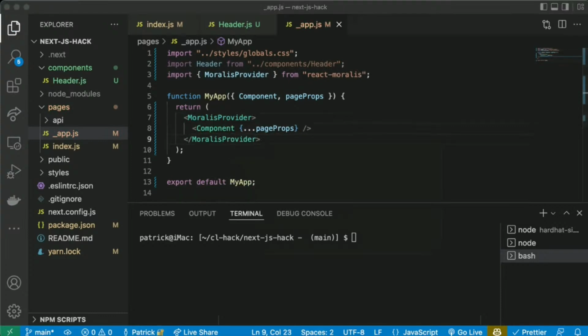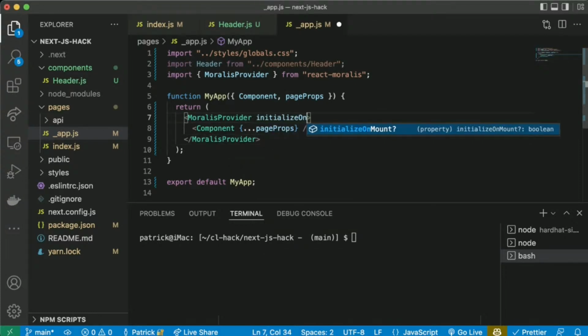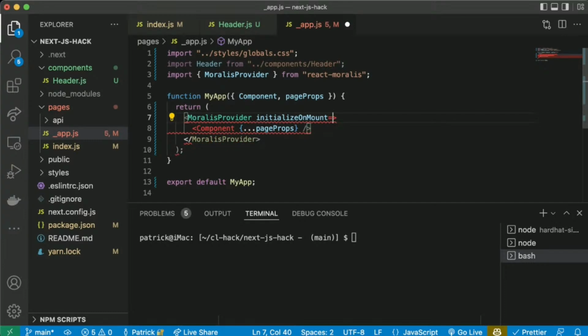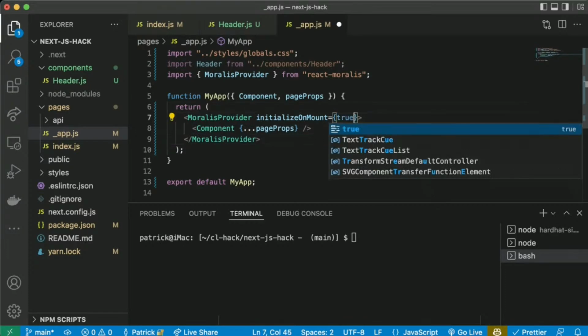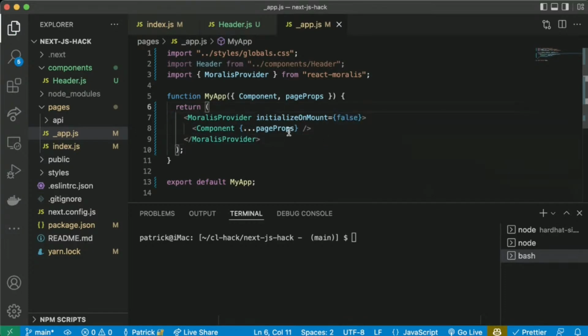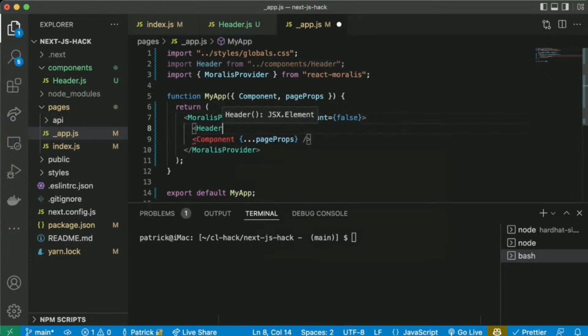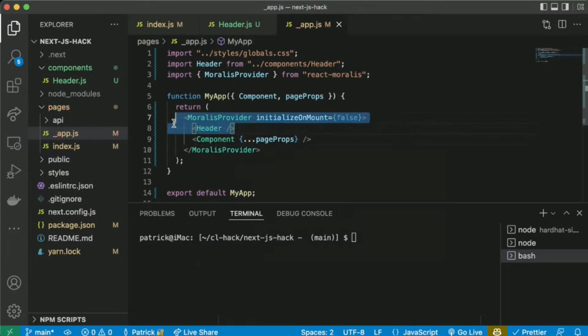like that. And then in here we're going to say initializeOnMount equals false, which is us saying, hey, don't work with the Moralis server. We're only using Moralis for your wonderfully fantastic hooks. And optionally later on, if you want to connect to a Moralis server, you can just make that true. But the hooks are so good. We do it like that. And then we can just say Header in here like that.